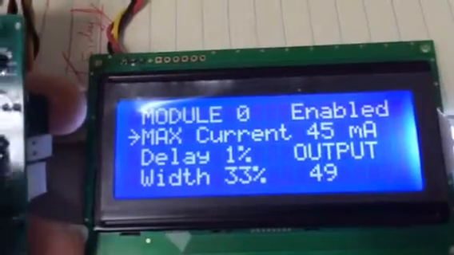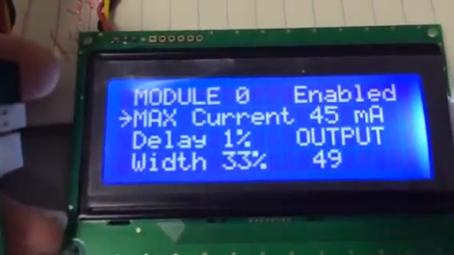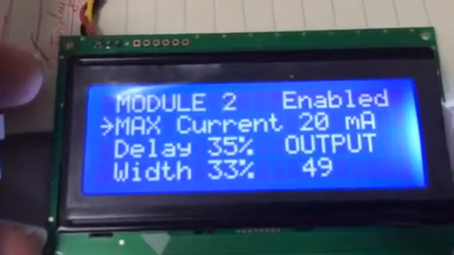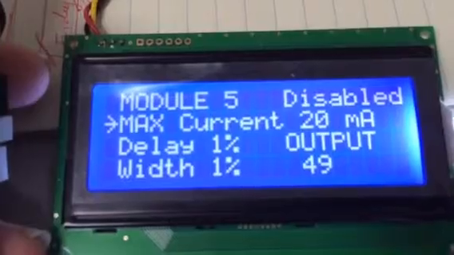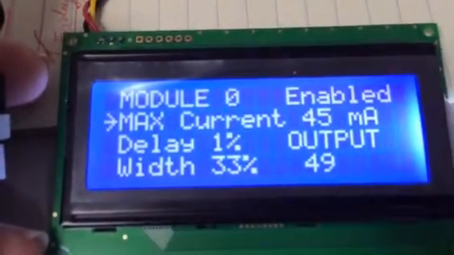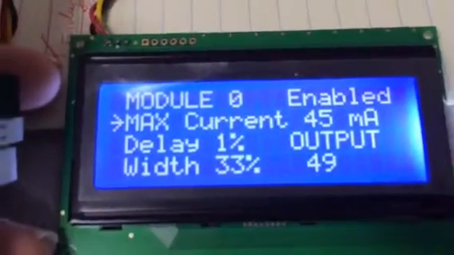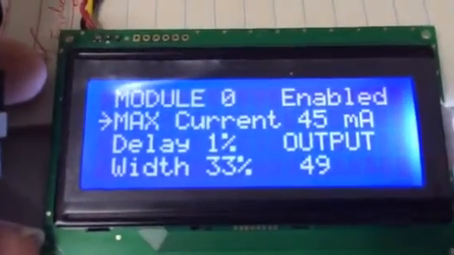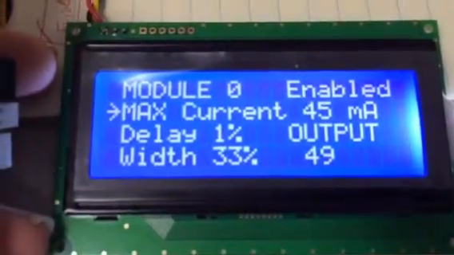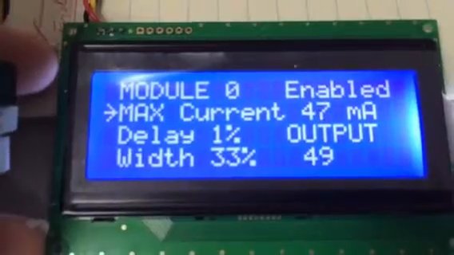Once you hit up and down again and you're in the maximum current setting mode, changing modules will show you the maximum current on each module, and that can be changed individually. The default number is 20. So on the first power up, the units are going to come up as 20, but once they're changed, that parameter is saved. So in this case, we'll change it to